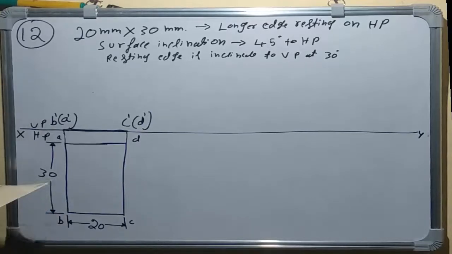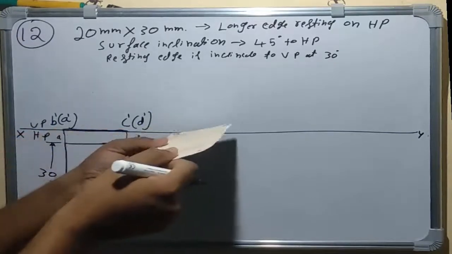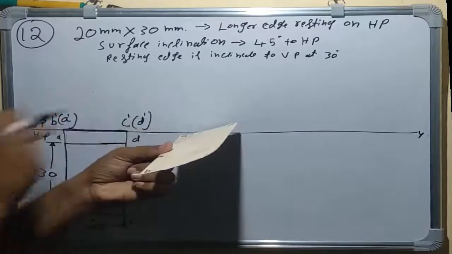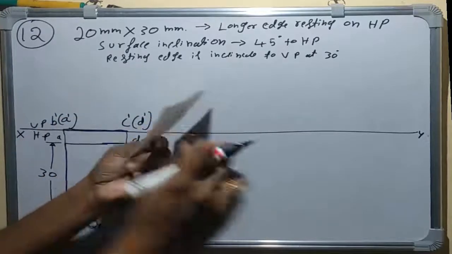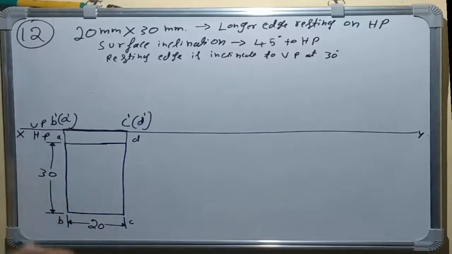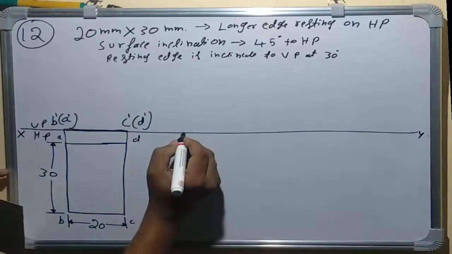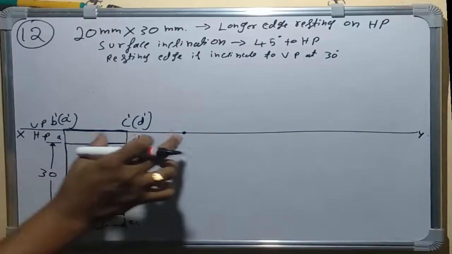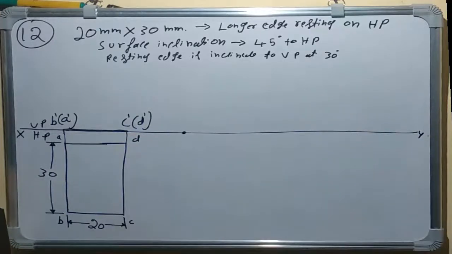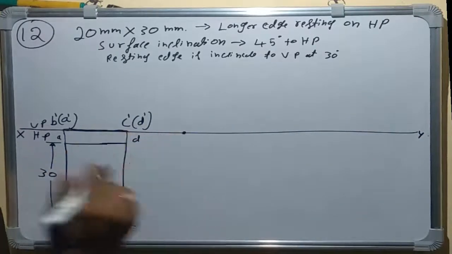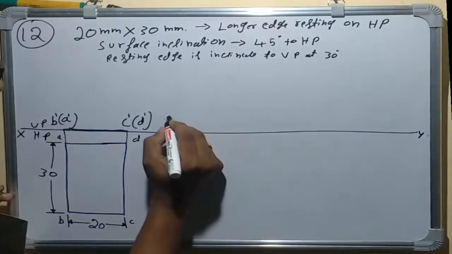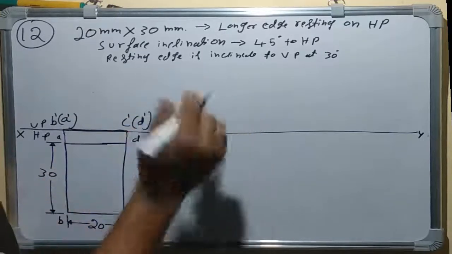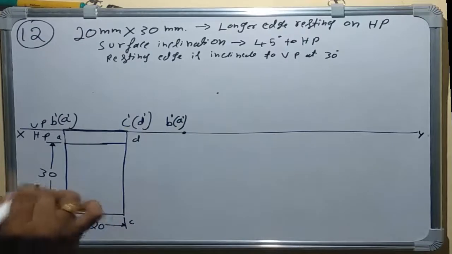And next, the surface inclination is given. We have to make this surface 45 degree by keeping the resting edge. Here the resting edge is AB, so AB should be on the XY line, and this CD we have to tilt such that the surface makes 45 degree. Before that, first we need to mark the resting point. Put a dot, and take a convenient distance. Don't leave more space, because we will not get space for the last step. So leave an appropriate distance here, and mark the first resting edge, that is B dash of A dash. After that, keep the protractor, measure 45 degree and get the 45 degree angle point.